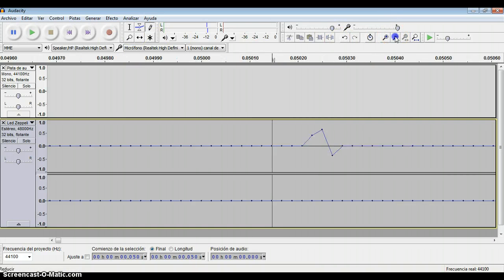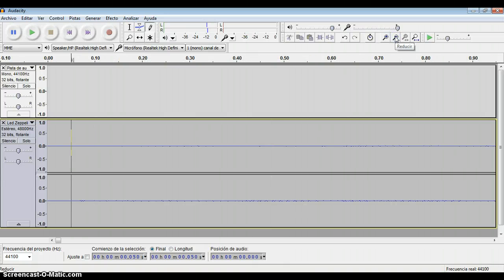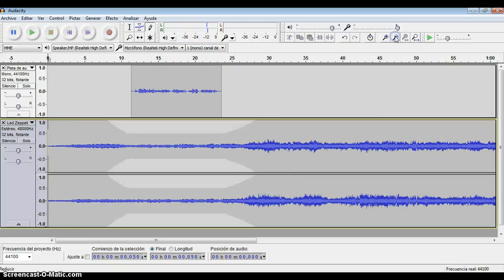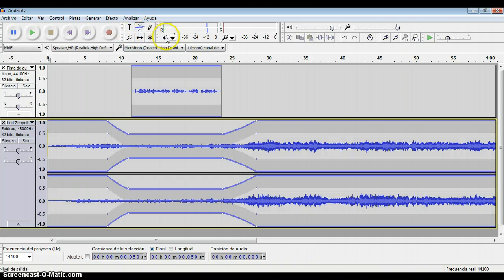So let's zoom out again to the original size, more or less. Okay, here we are. So I was showing you that we were lowering the sound of the music. We were using the envelope. This is called a multitasking tool, so it can be used as an envelope and as a selection. So let me show you. For example, here